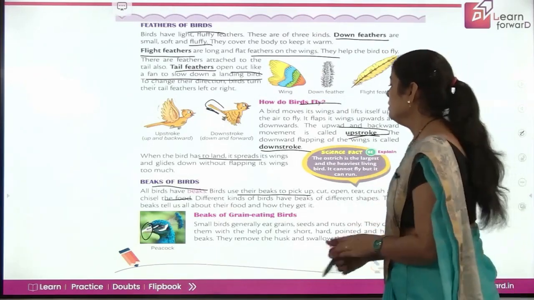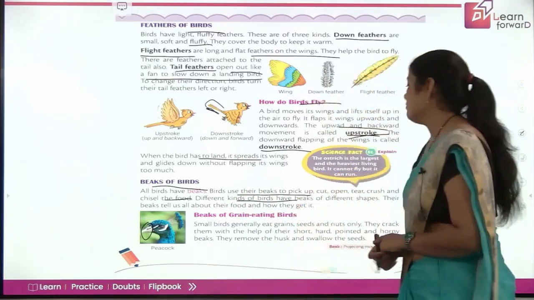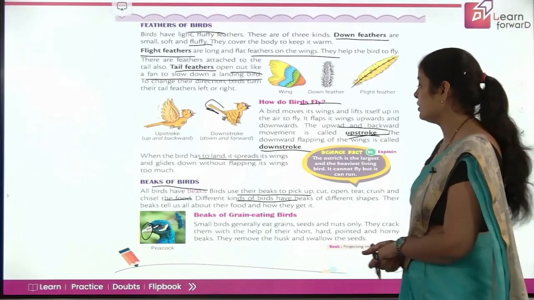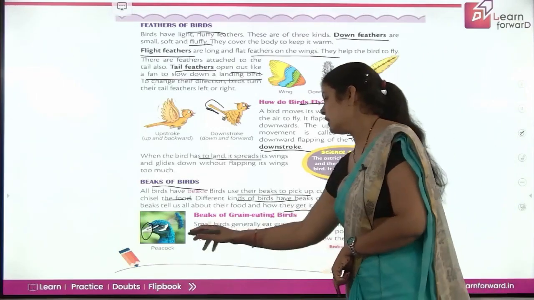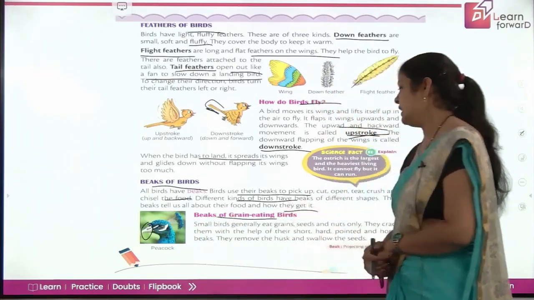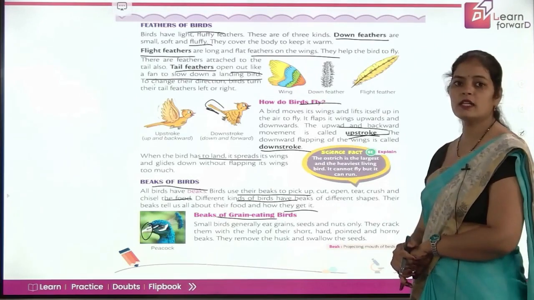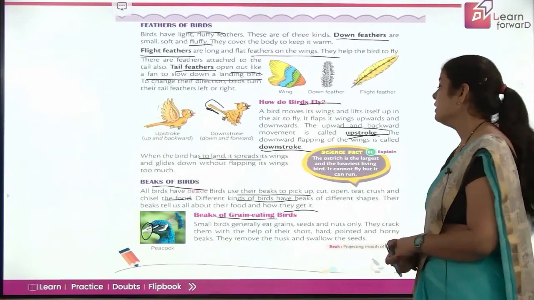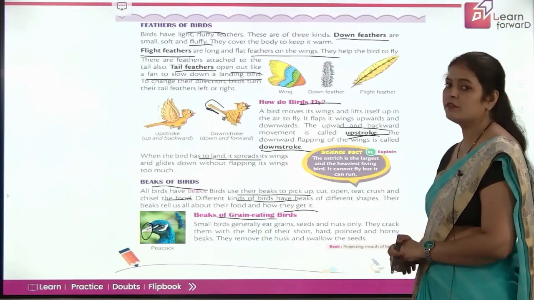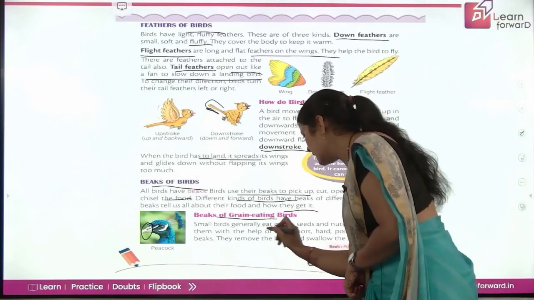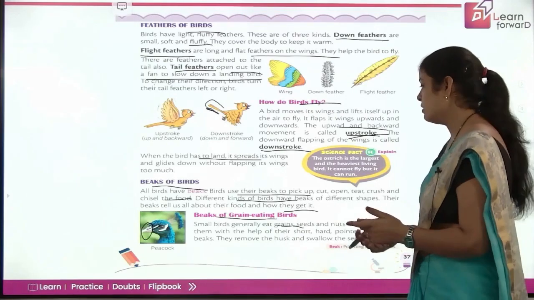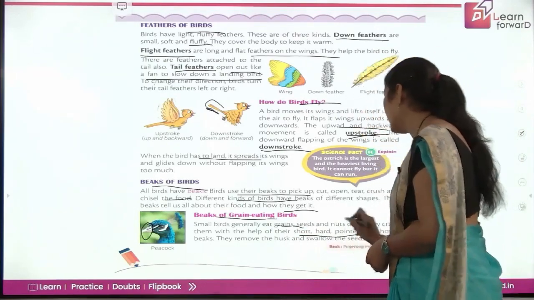Now, different kinds of birds have beaks of different shapes. Their beaks tell us all about their food and how they get it. First, beaks of grain eating birds. What is the structure of the beak of birds that have grain as their food? Small birds generally eat grains, seeds and nuts only. So they crack them with the help of their short, hard and pointed